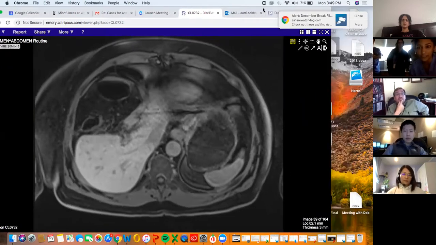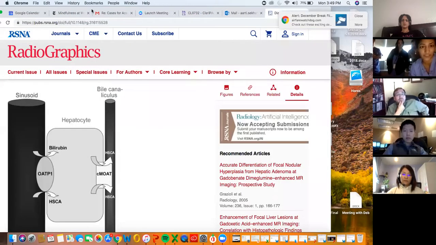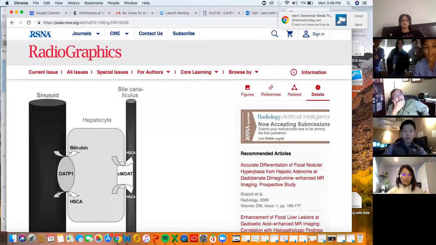And I have a little paper diagram to show this. So the way that these hepatobiliary contrast agents get into the hepatocyte and then get into the bile duct is by these OATP transporters. And those OATP transporters also transport bilirubin into the hepatocyte. So if your bilirubin is too high, then it's going to selectively get transported into the hepatocyte and kind of clog up your liver. So your hepatocellular agent won't go into the hepatocyte and then it won't end up getting excreted into the biliary